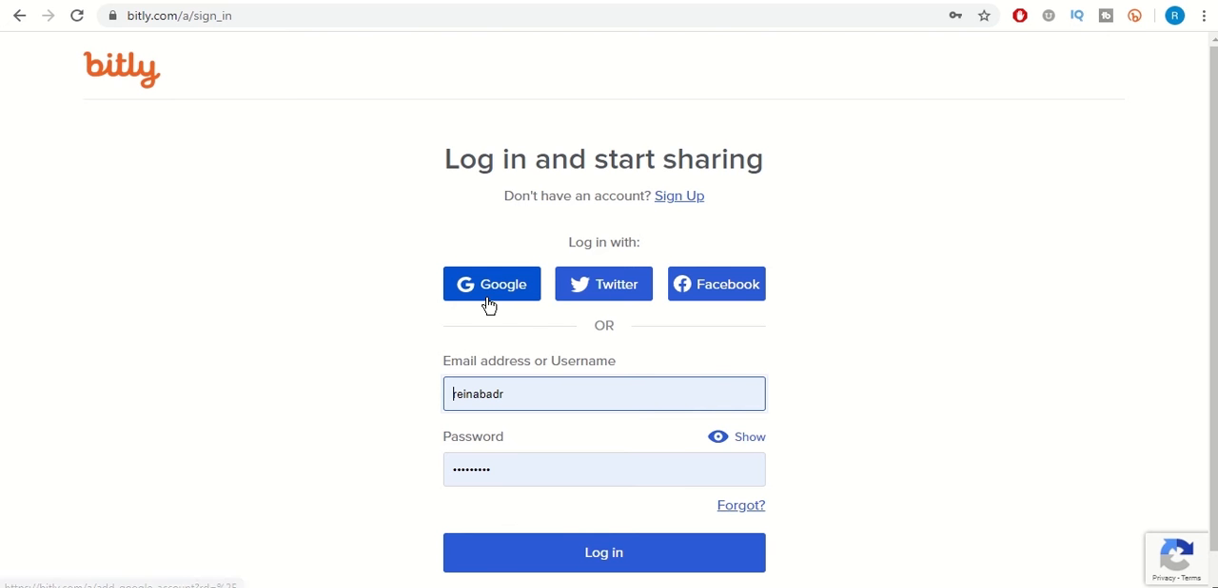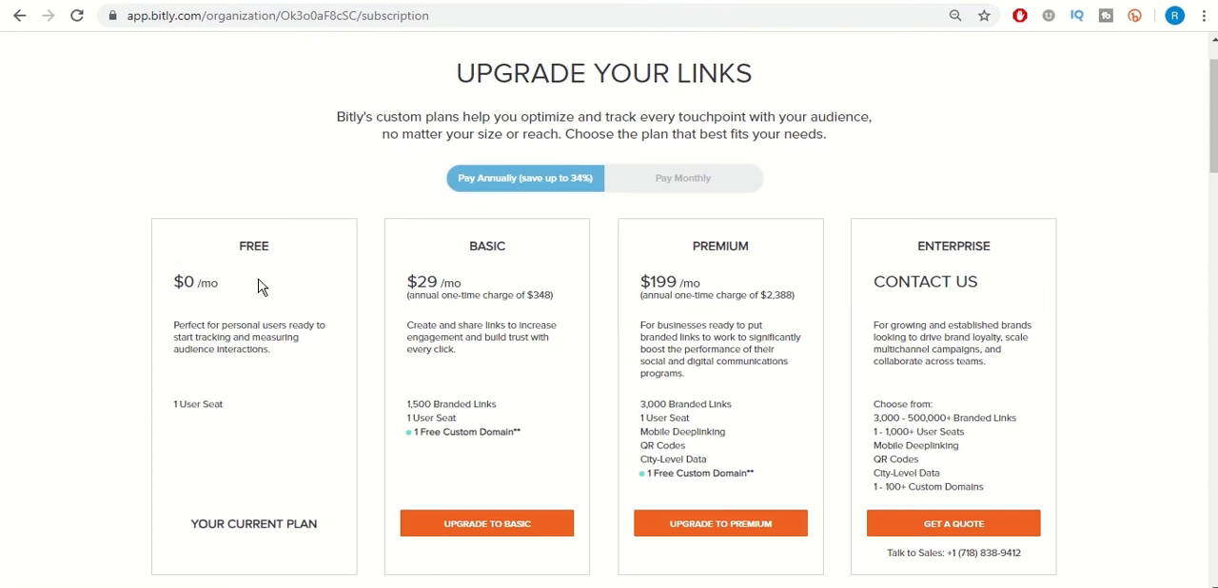Sign up with your email account or Gmail, Twitter, or even Facebook. It's a totally free app for personal users, providing capacity of 1,000 links and 50 branded links. If you need more, you can explore a variety of other options to develop your plan. Personally, as a teacher, I've been using the free one since the beginning of the distance learning, and it proved